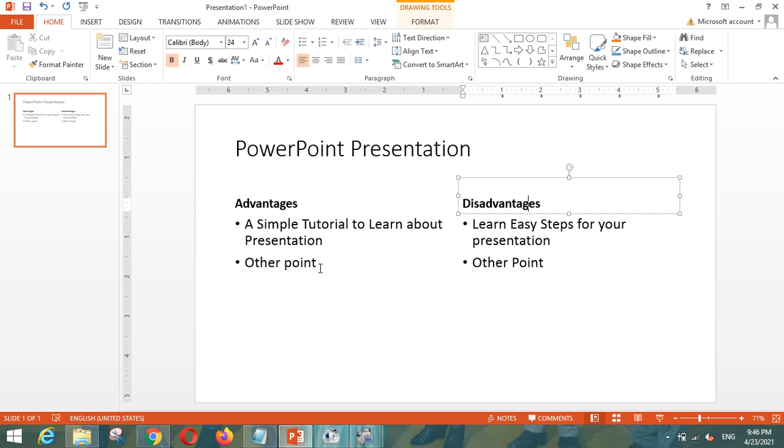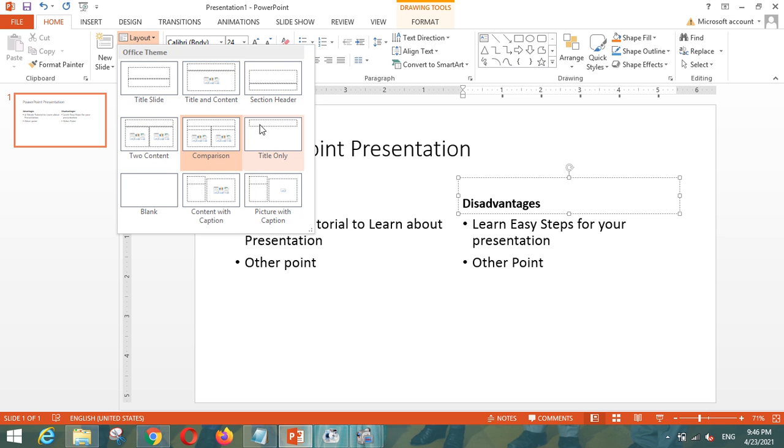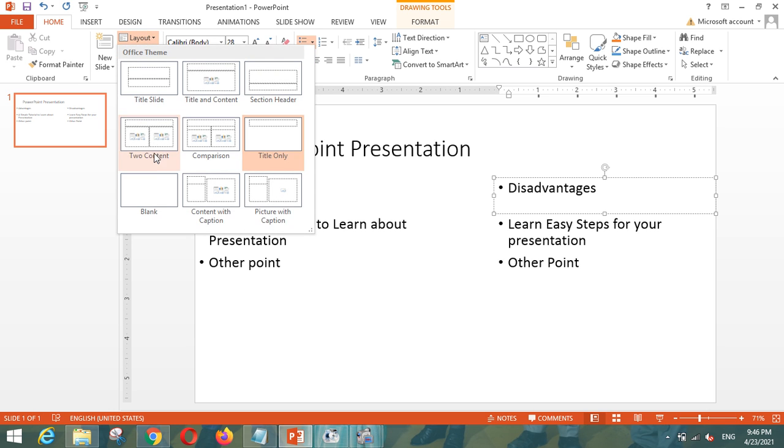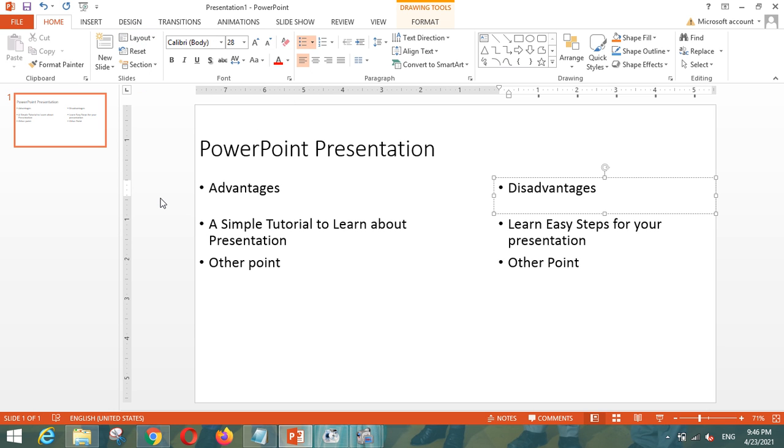So as per your requirement, and the content which is available with you in any form, it can be in the printed form, it can be in Word file, it can be in your Excel. So anywhere you can have the content and you can paste here. Then we have another layout that is title only, and then we have a blank if you would like to keep the document totally blank.